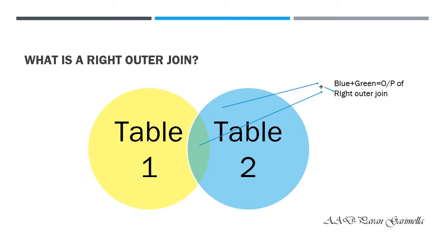Now coming down to the right outer join, the functionality of a right outer join is pretty much similar to the left outer join. The only difference here is that in the right outer join, instead of table 1, the complete data set from table 2 is represented in the output along with the overlap part of table 1, which is marked in green in the diagram. So if a row has a corresponding entry in table 1, then that row from table 1 is also considered, and if a particular row doesn't have a corresponding entry in table 1, then that particular result set coming from table 1